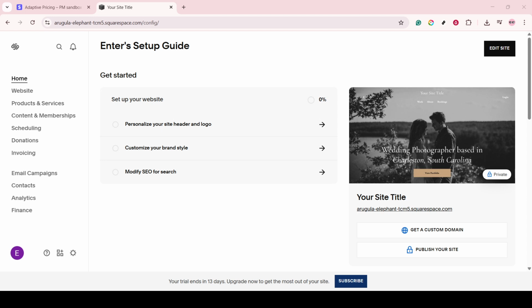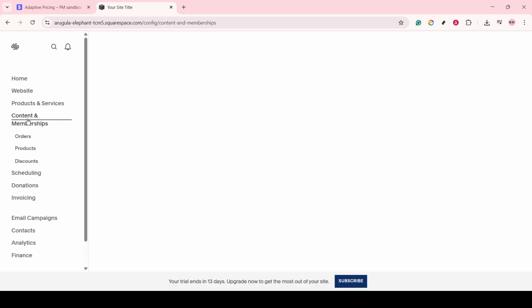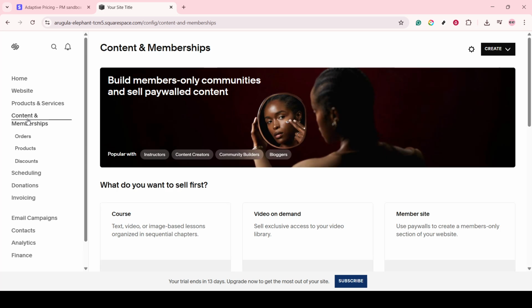First off, head over to the Squarespace website and log into your account. This is your starting point, and having your credentials at the ready will help you dive right into the setup without any hitches. Once logged in, the next move involves navigating to two main areas: content and memberships. This section essentially organizes how you manage subscribers, memberships, and other content-related tasks, making it a foundational area in your